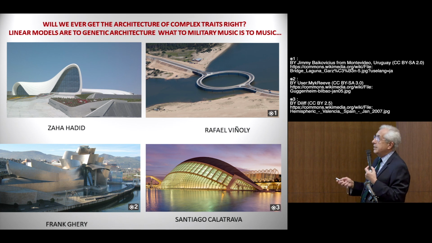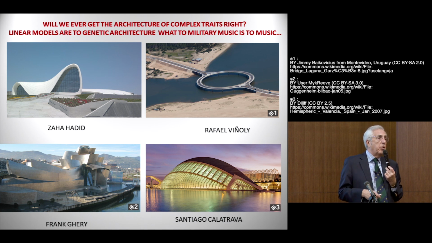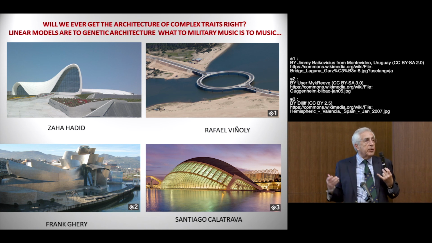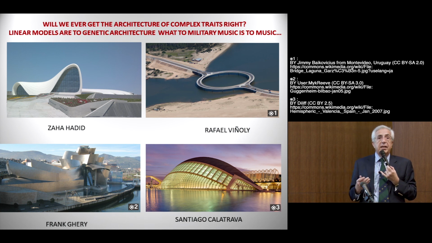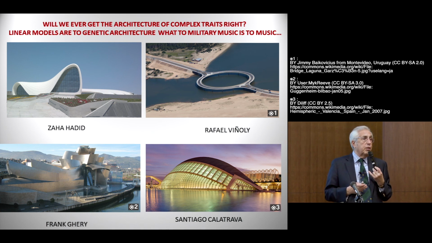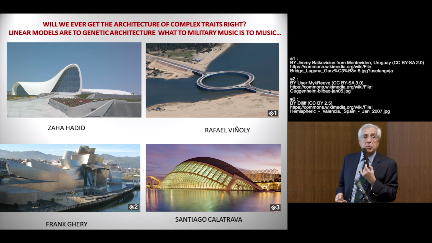and this is the City of Arts and Sciences of Santiago Calatrava in Valencia, Spain. So this is architecture, and not how many bricks, how much steel, and how many hours of human labor it took. Architecture is the integration of all these things, and the same applies to genetics. The bricks and the hours of labor and the tons of steel are the linear regression method, but the architecture is something much more subtle.